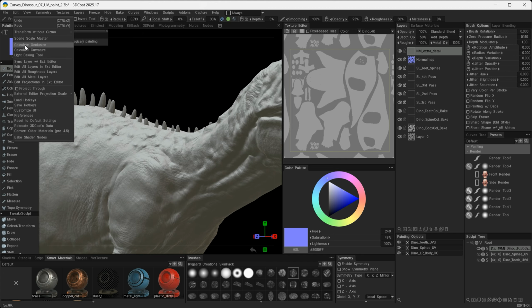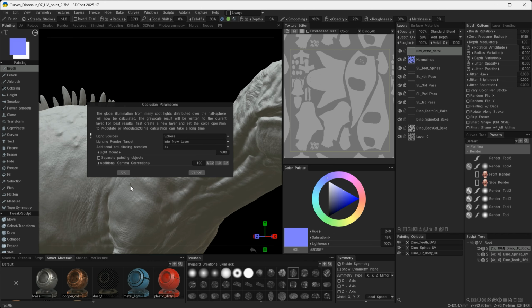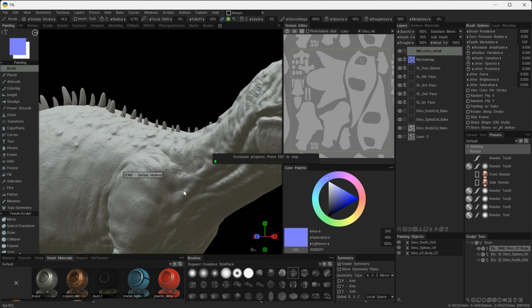I'm going to start with the occlusion. So I'm going to click on that, and it's going to give me a dialog box. For now, I'm just going to keep everything at default and say OK. And 3DCoat now will generate an occlusion map, and it will use the baked information in here to generate an occlusion map for this particular model, including all the intersections of these additional layers of models that we've created,